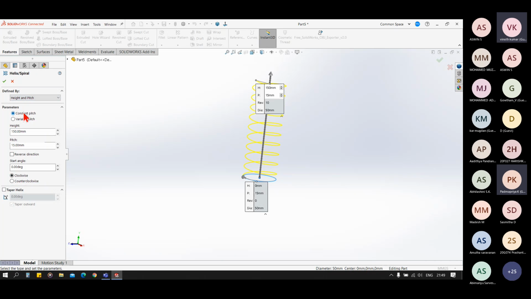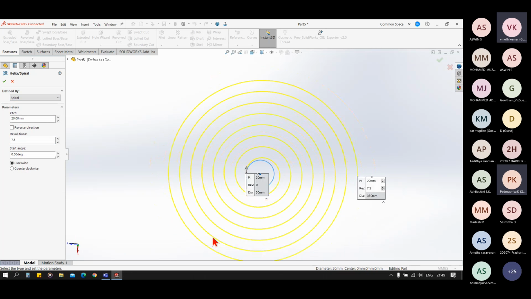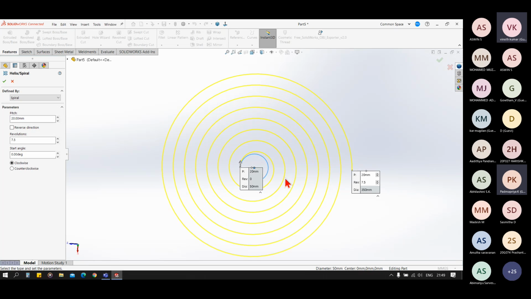In the height and pitch, we have total height and the pitch. Same again. We can have total height, we can change the pitch likewise. Again, clockwise, counterclockwise, and the reverse direction. And in the spiral, you see we have this type of spiral in the single plane. In that case, we have revolutions.